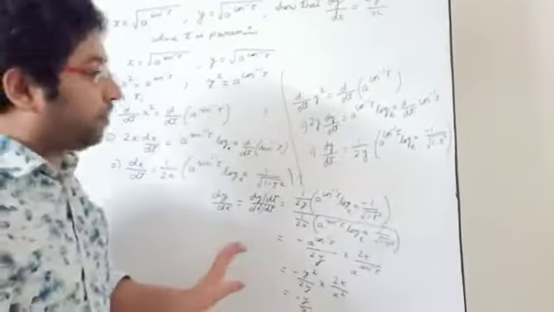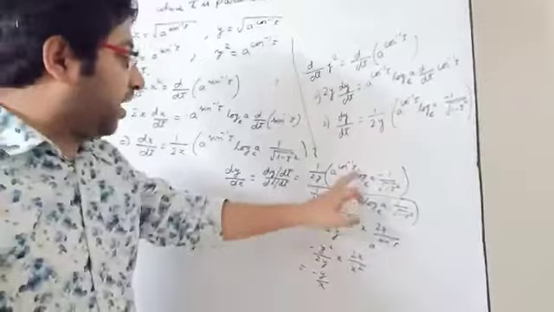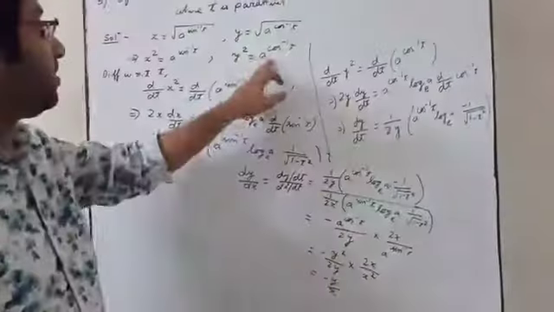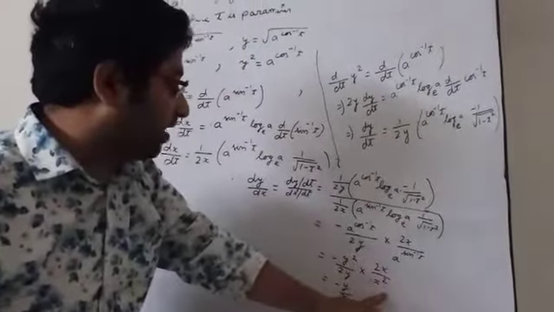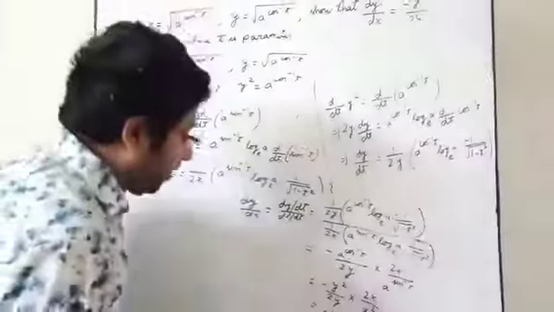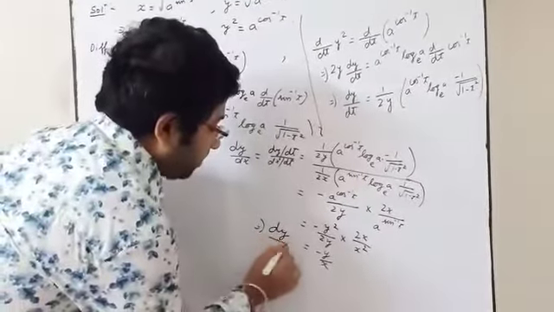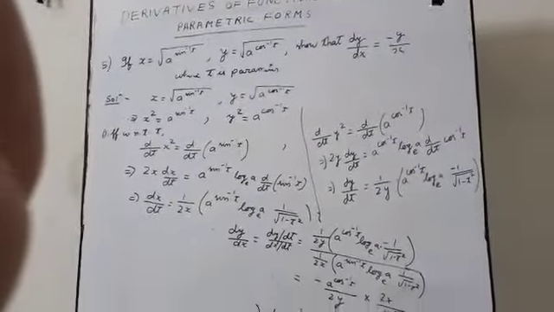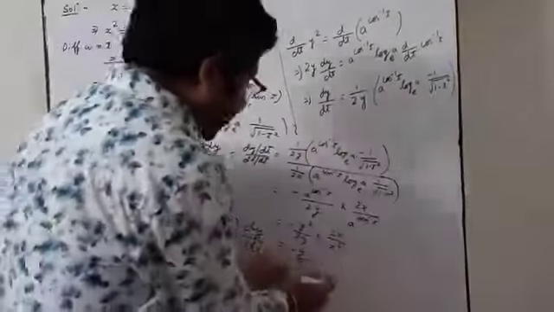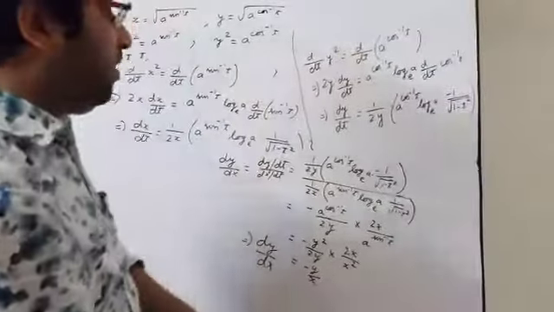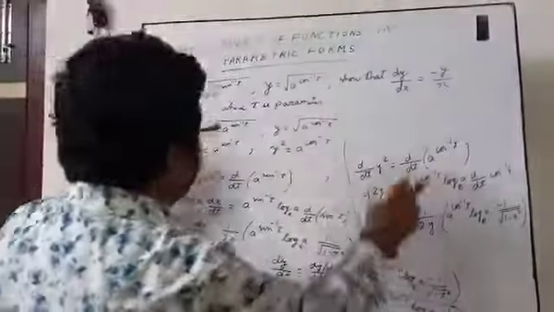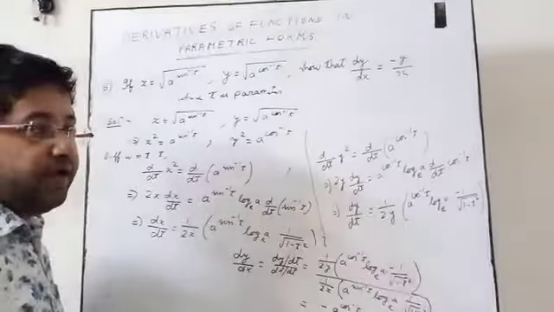This problem is a little bit complicated. You can check. Log a cancels, so you will be getting t cancel. But a to the power cos inverse t I had got as y square and a to the power sin inverse t as x square, so this cancels. Ultimately we have got dy by dx is minus y by x. If you do the problem directly from here, you will get the answer a little further down; I have to focus the board downwards. Anyway, we have completed it, and this is the form of all the parametric forms. Is it clear? Okay.